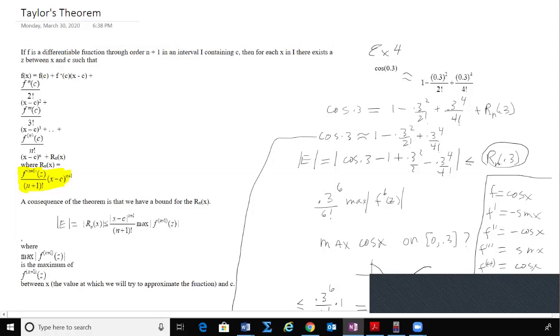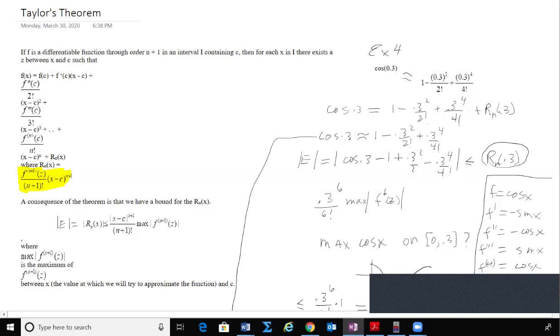We can see that this looks like our Taylor polynomial in here. This is the nth Taylor polynomial. And then there's a term on the end here. This is called the remainder term. Okay. Taylor proved this theorem, and this term out here,